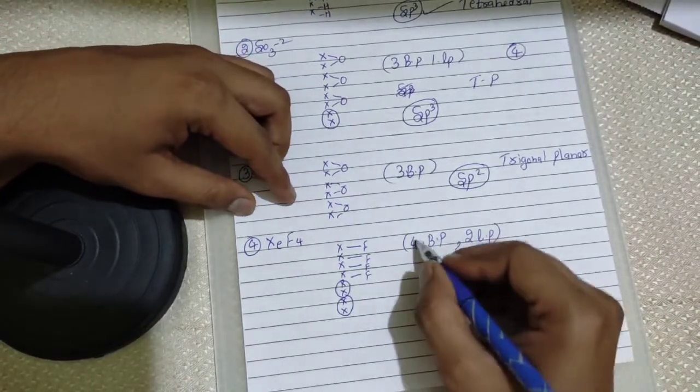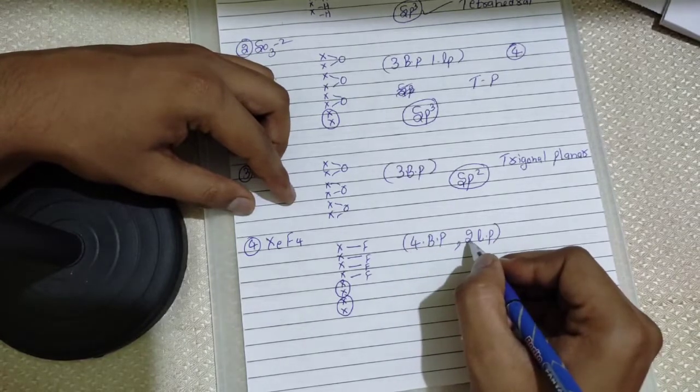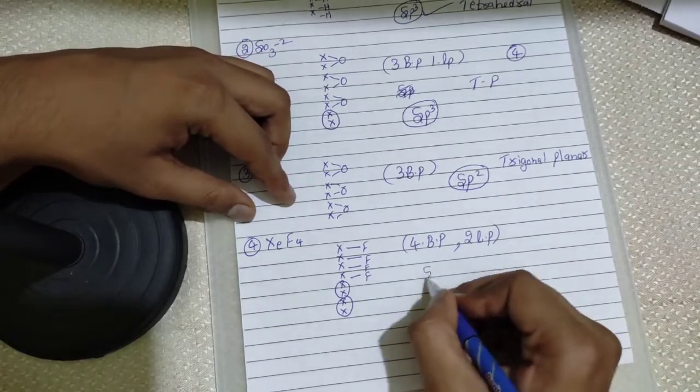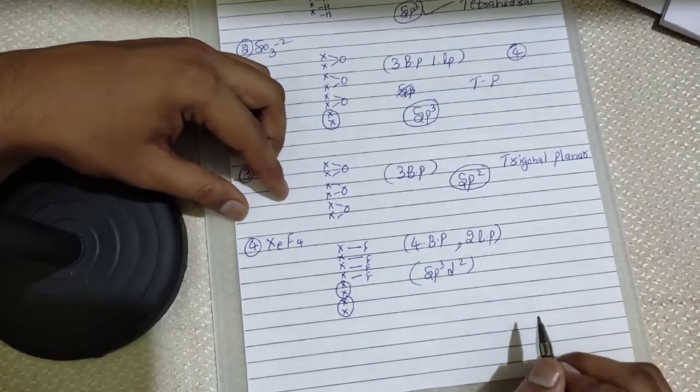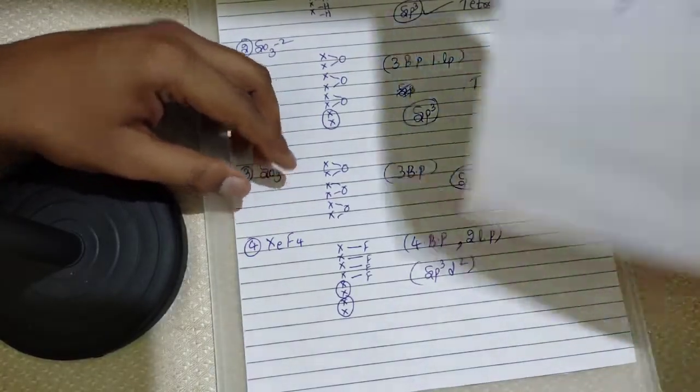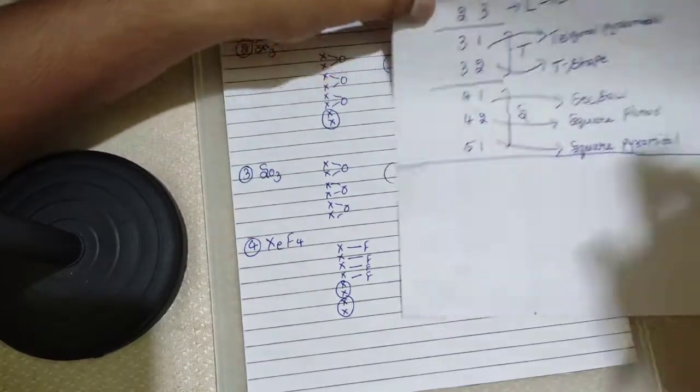So what is the hybridization? Total how much? 4 plus 2, that is 6. Okay, 6 means sp3d2. And according to my previous video, if we have 4